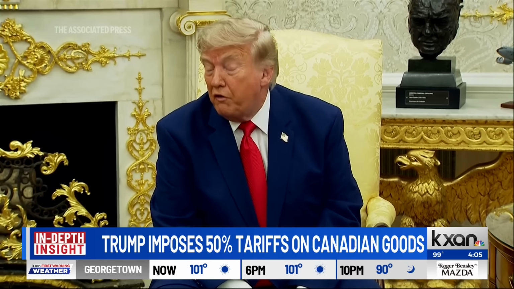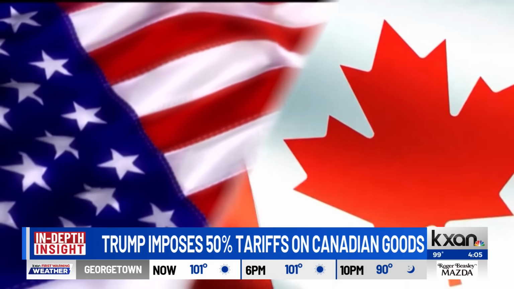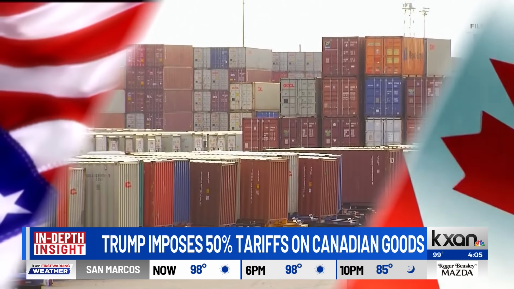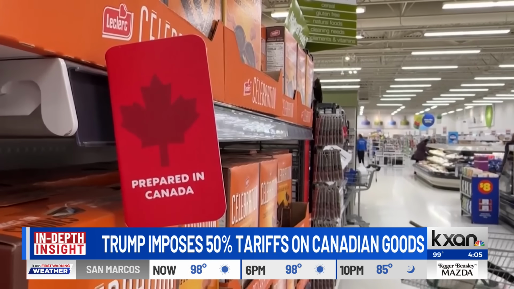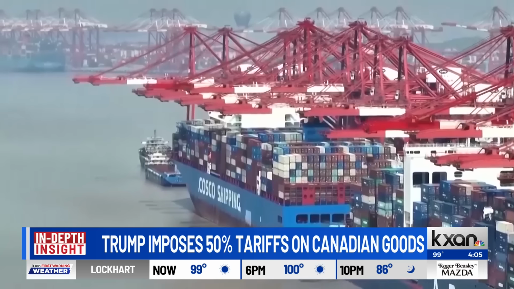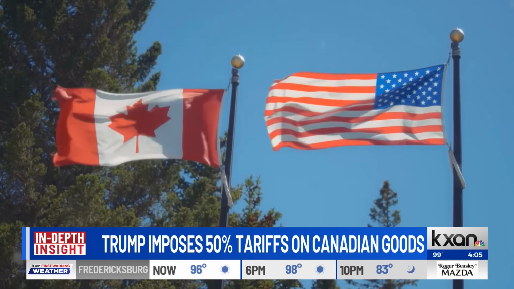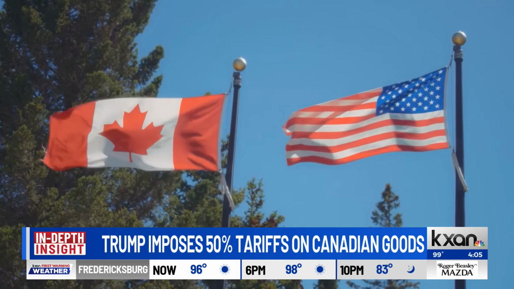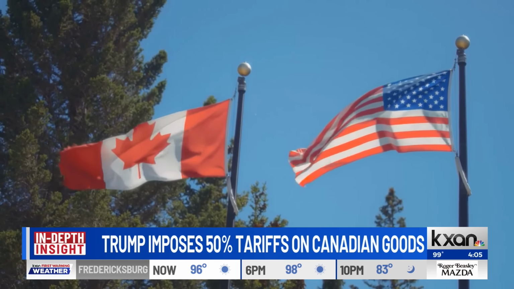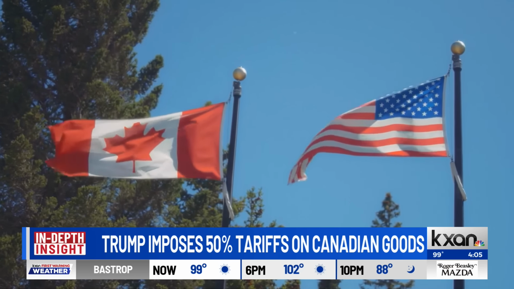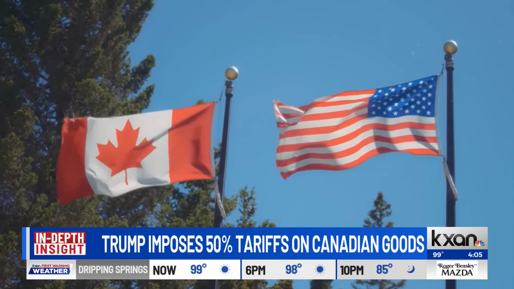President Trump started the week by imposing a 50% tariff on Canadian goods coming from that country. He declared Canada has unfairly discriminated against American autos, alcohol, and dairy products. The administration is using a different legal strategy this time, instead relying on a trade law from the 1930s. This also comes after the Supreme Court struck down many of Trump's tariffs earlier this year.